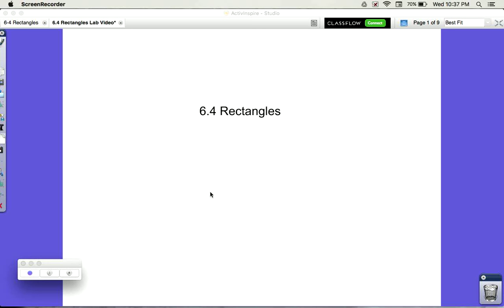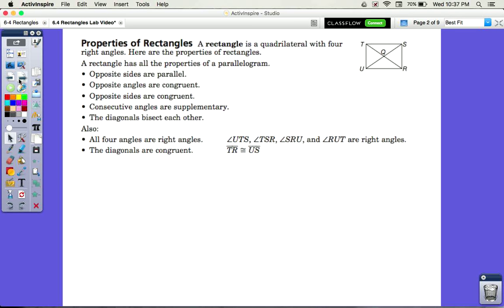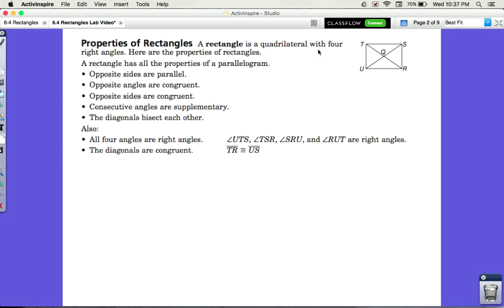Alright, so this is section 6.4, which is over rectangles. So, for starters, by definition, a rectangle is just a quadrilateral that has 4 right angles. Rectangles are also going to be parallelograms, so not only do rectangles have 4 right angles, they also have all